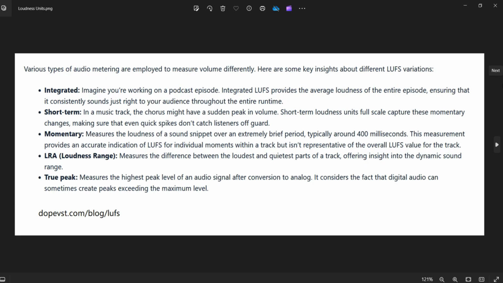Various types of audio metering are employed to measure volume differently. Here are some key insights about different LUFS variations. LUFS stands for loudness units full scale. So integrated LUFS. Imagine you're working on a podcast episode. Integrated LUFS provides the average loudness of the entire episode, ensuring that it consistently sounds just right to your audience